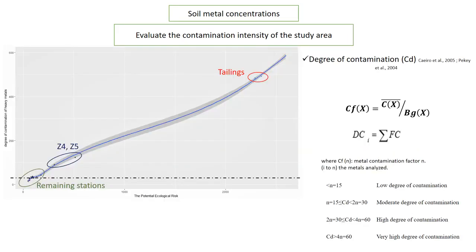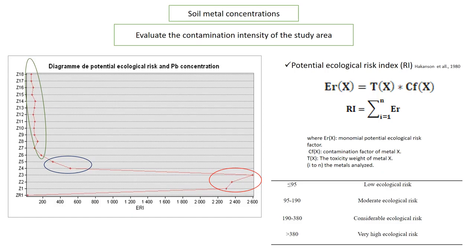The degree of contamination is defined as the sum of all contamination factors. The graph shows the ecological potential as a function of contamination degree. The most distant stations show low contamination, while the rest of the area, including the residue, shows high values of these two indices. The ecological risk factor is used to quantitatively express the potential ecological risk of a given contaminant,